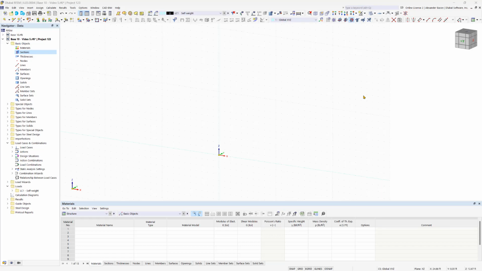In this video, I will show you how to adjust the work plane and how to model members. We will also create sections and materials. Before we get into all of that, I would like to show you how you can change the background color